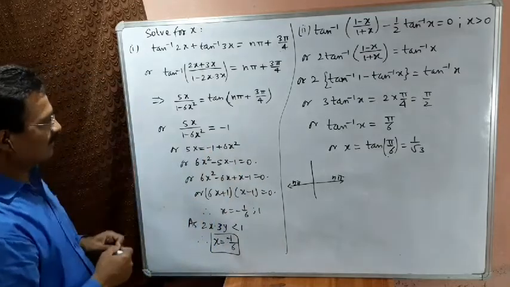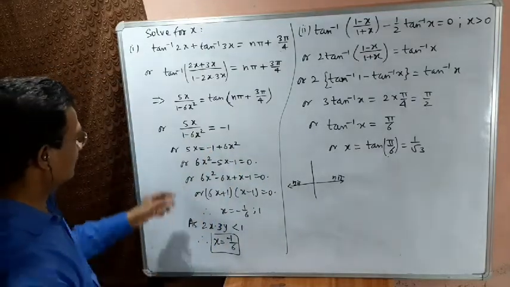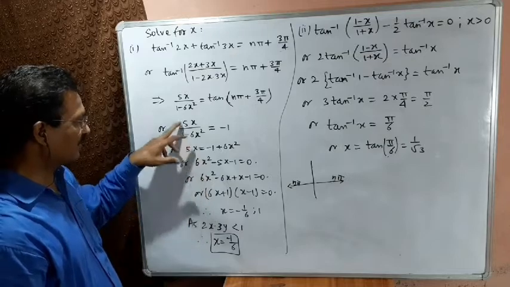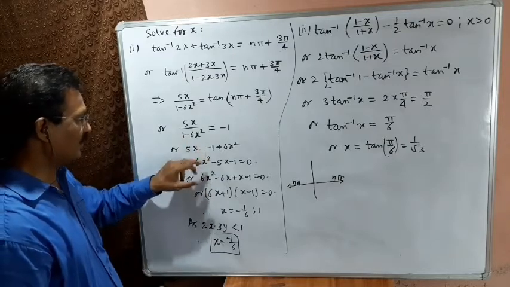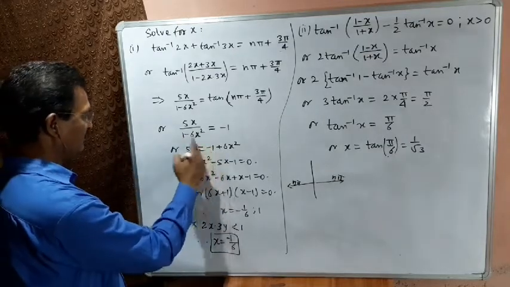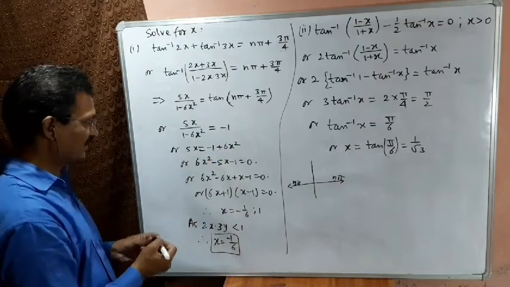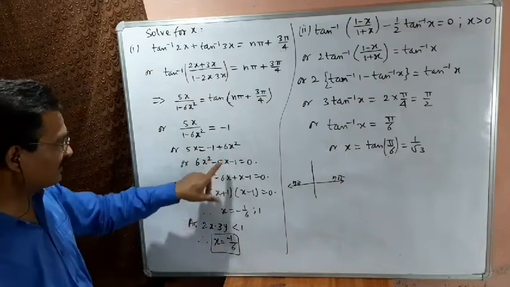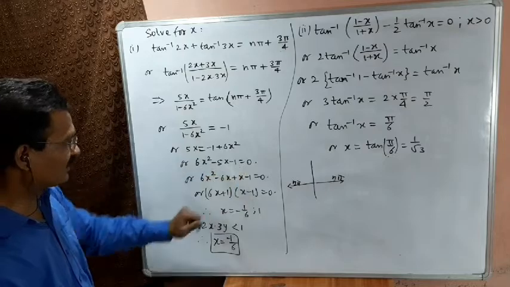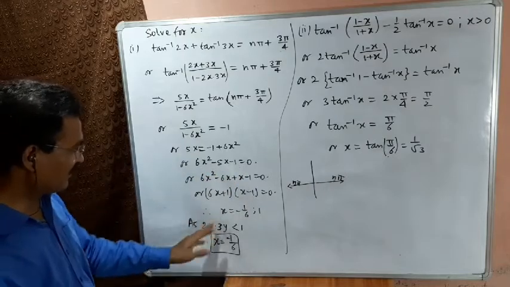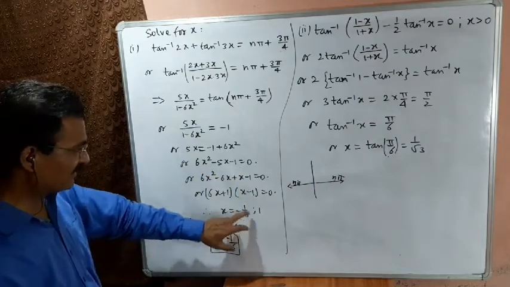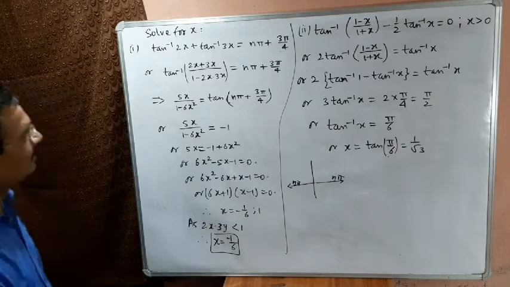Okay. So thus this equals minus 1. After simplification by cross multiplication, 5x will be equal to minus 1 plus 6x square. This is a quadratic equation: 6x square minus 5x minus 1 equals 0. After factorizing, we get the roots x equals minus 1 by 6 and 1. Now,